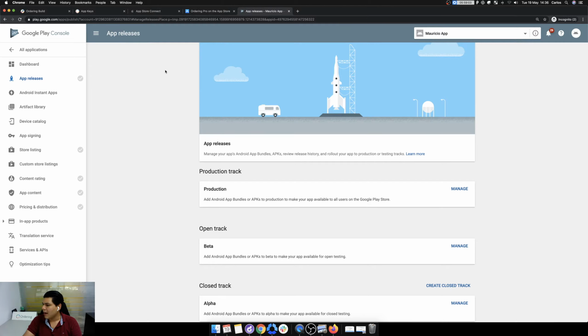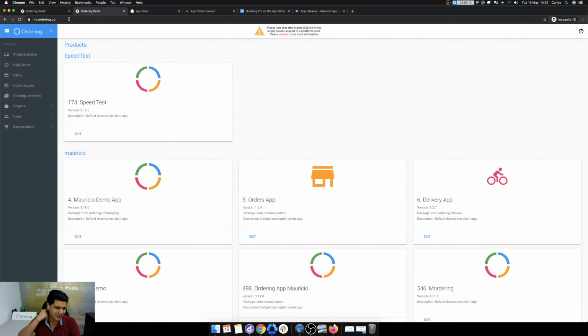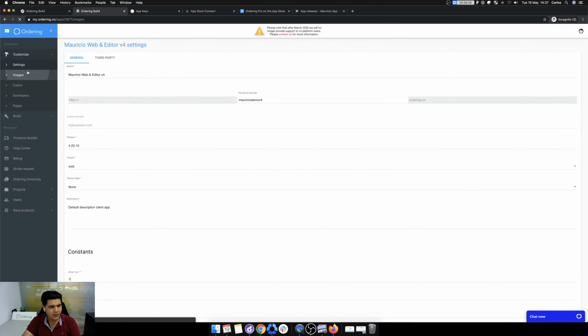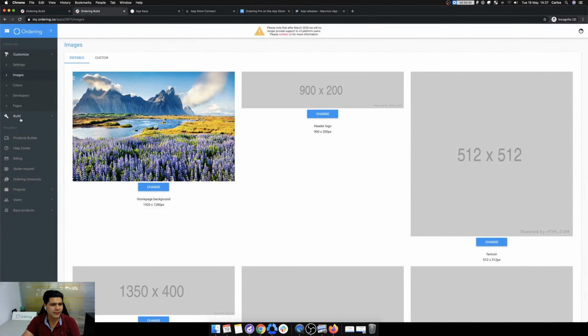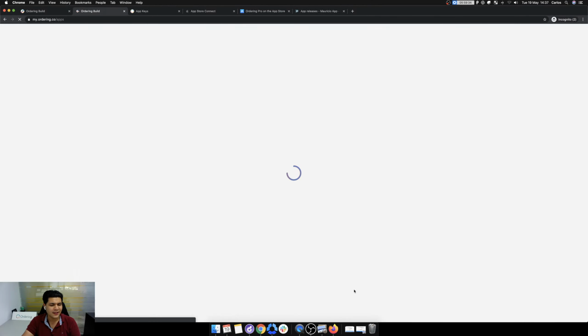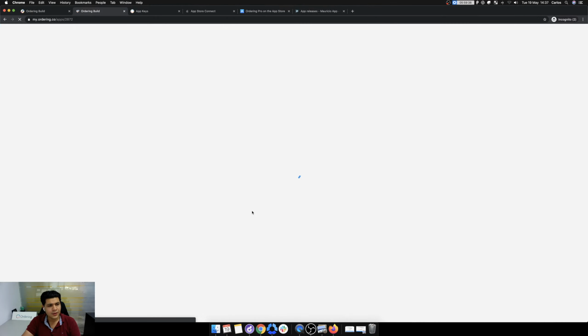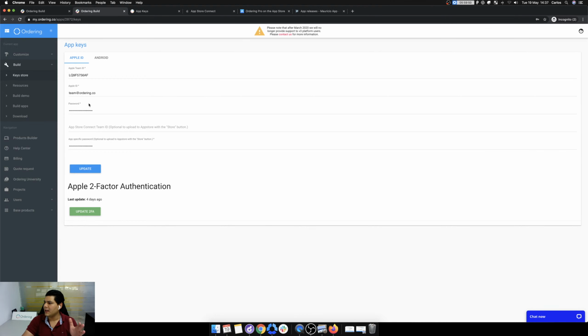To log in your app, not to log in your app, I think this time it will work. So the credentials that you put in your key stores here, I clicked images. Okay, my bad. I am in the website. Let me get in the app. Here, your Apple developer account information.